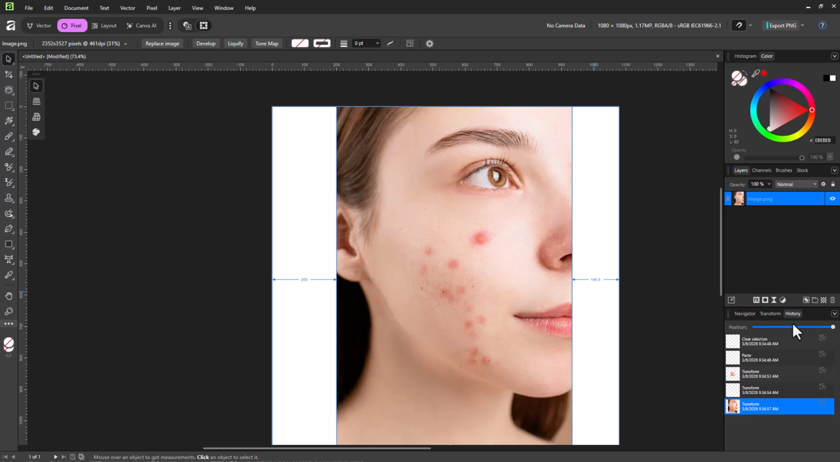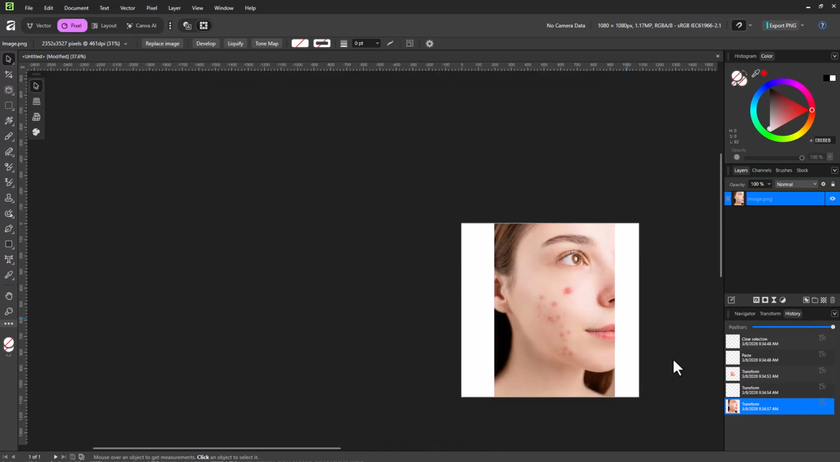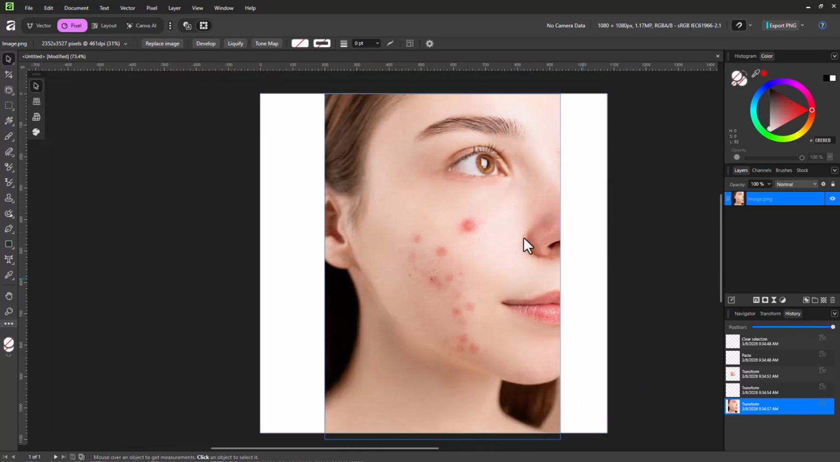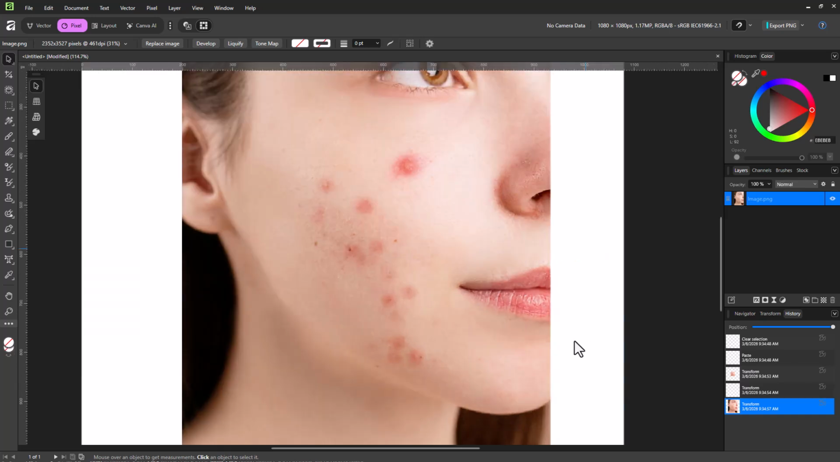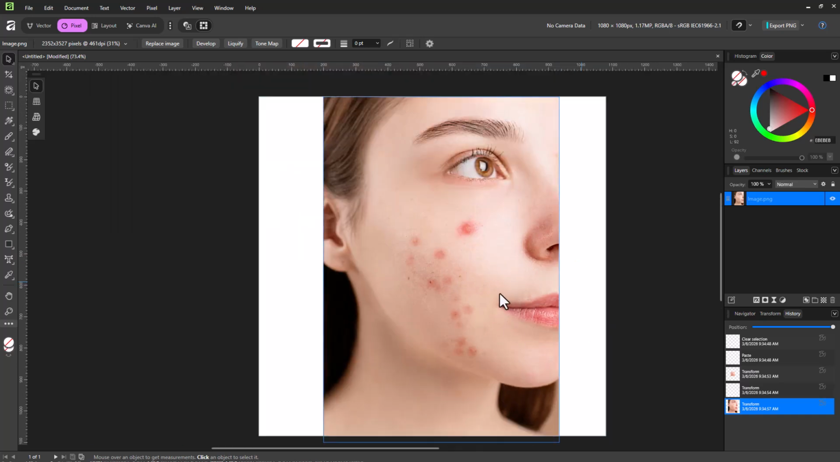So over here, you can see that I have an image of a girl with pimples right here. And let's say I want to go ahead and remove them. So to do that, you can utilize something called the Blemish Removal Tool so that you can smoothen out the skin. So for that, you can go around over here onto the Pixel tab, and over here on the left